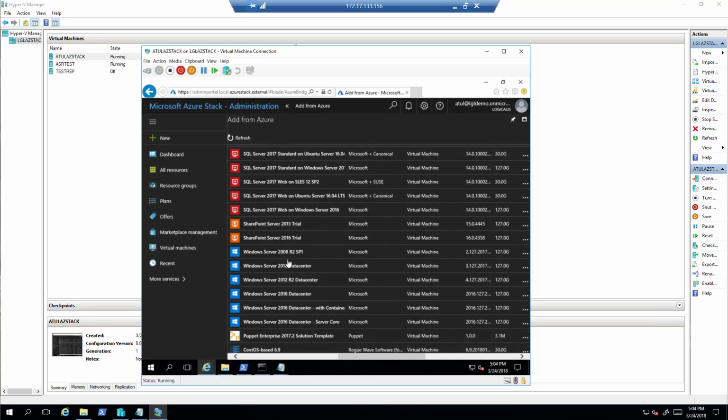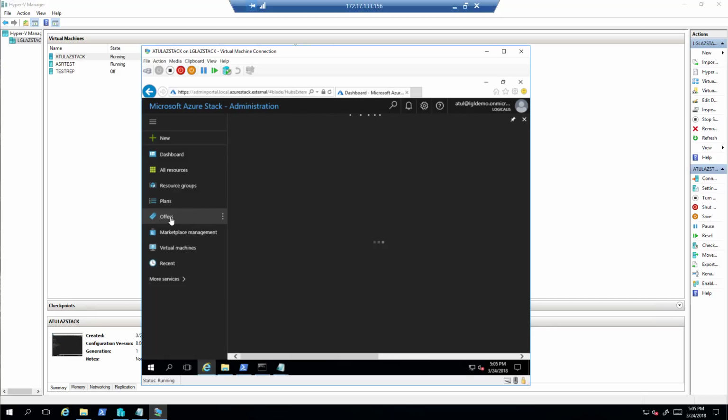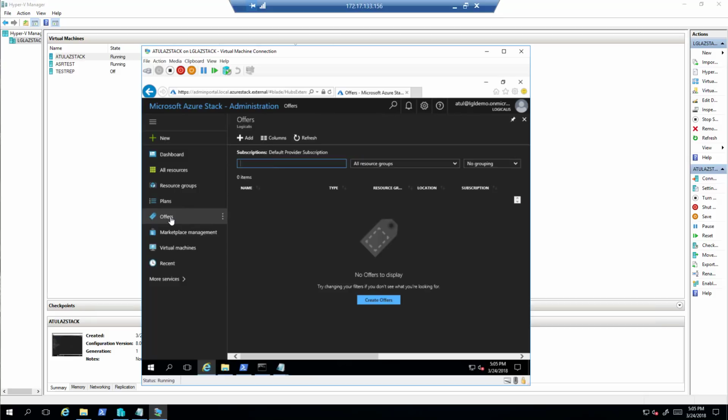Okay, SQL right here. So you have got Windows 2016, 2012, and so on, and you download it, and then you're ready to start deploying the VMs, which I will deploy just for demonstration purposes. So now this is your code area. Again, you need storage to get these VHDs or templates downloaded. You can create your own templates, and then, as I discussed earlier in the concepts model, you can create your offers here, your plans, your subscriptions and all that good stuff, right? So let's say we create a new offer here,